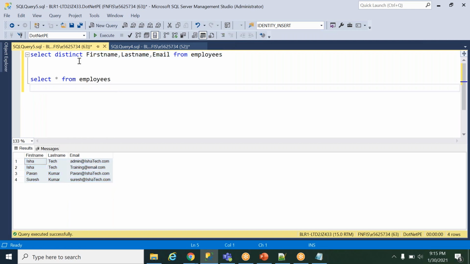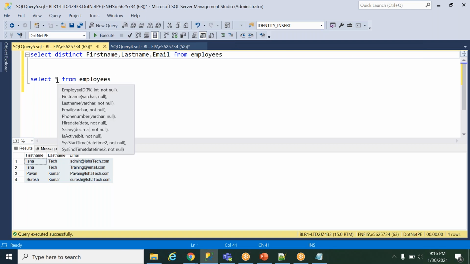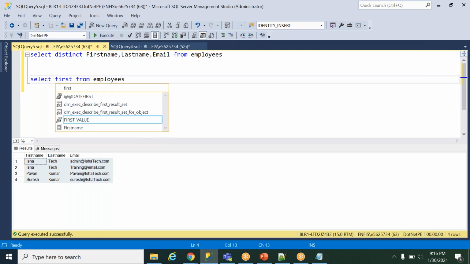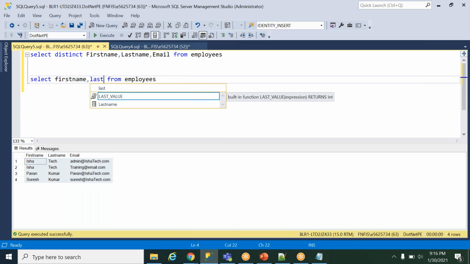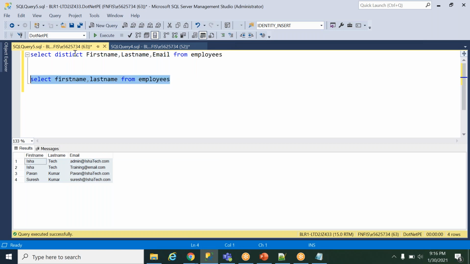Okay, so you have to identify when users are using distinct, and ask them to try to put any non-common column there and then fetch the result. Example, I'll give it to you. Now the user wants only first name, comma, last name. Okay, they want to show it in the report. That time, what will happen?